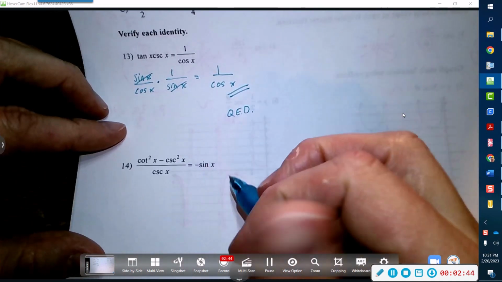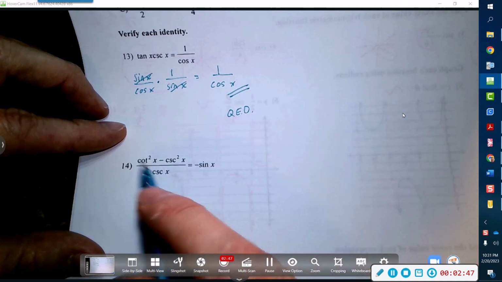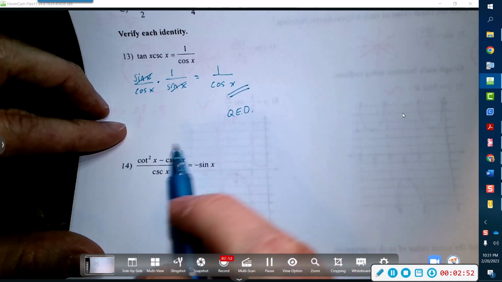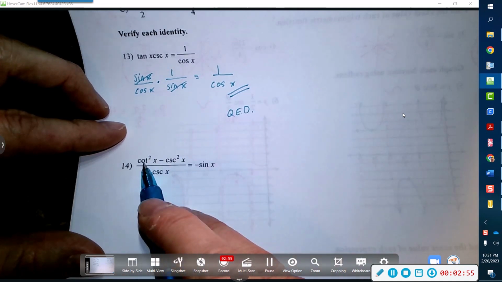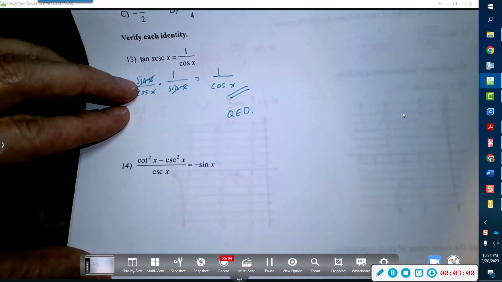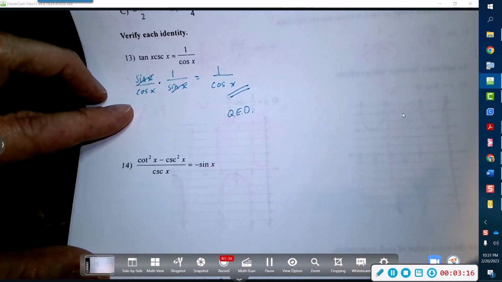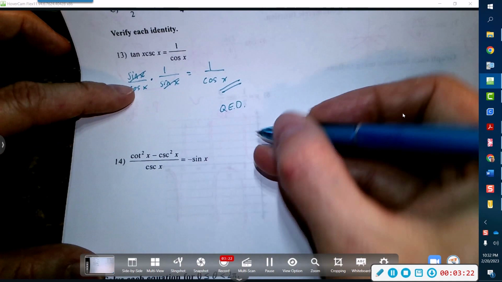But anyways, let's see this guy. I don't have my actual identities in front of me. Let's see, can I wing this? I feel like 1 plus cotangent squared equals cosecant squared. 1 plus cotangent, okay, and that is true. So 1 plus cotangent squared of x equals cosecant squared. So this means